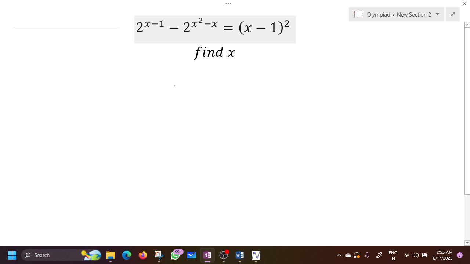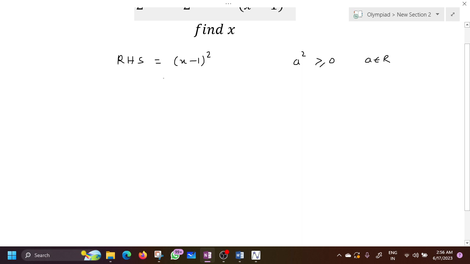Actually, the first method was crude and involved basic mathematics, and then in that method only I found the second method, which I am going to discuss now, which is short and more logical. So let's see. On the right hand side we have x minus 1 whole square, and we know that any real number a, its square, is always greater than or equal to 0, where a belongs to the real numbers.